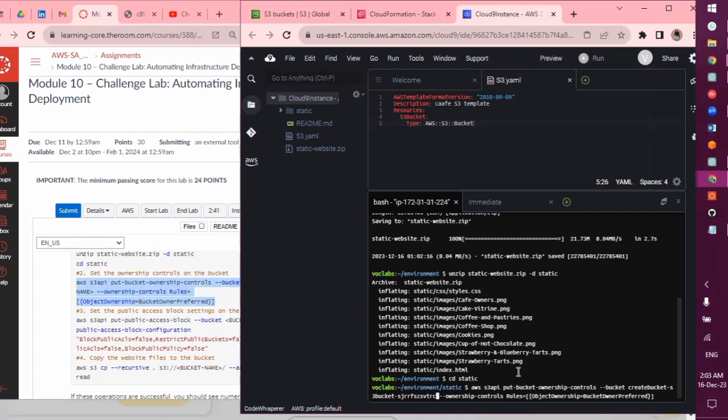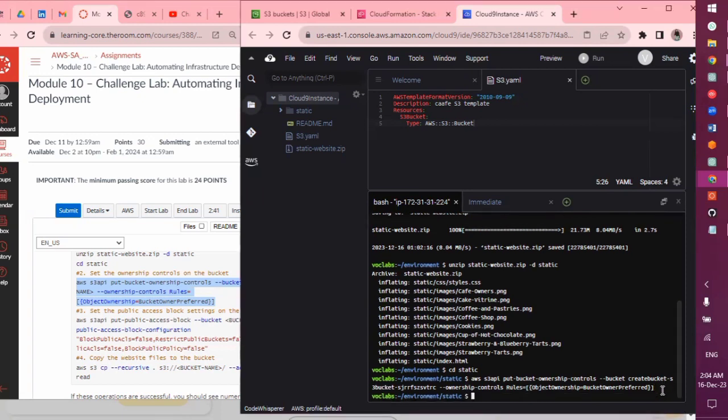Where is it? All right. So good. I just wanted to be sure that I still have the space here. Please do not make the mistake of deleting that space. So I would run this line now,